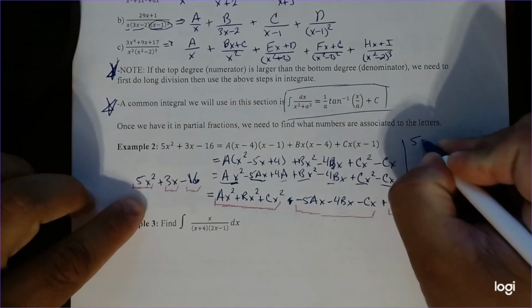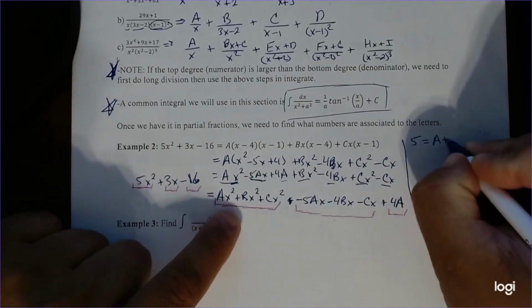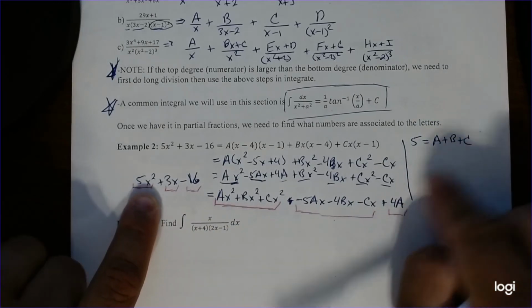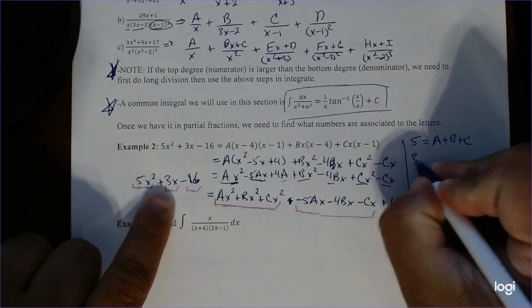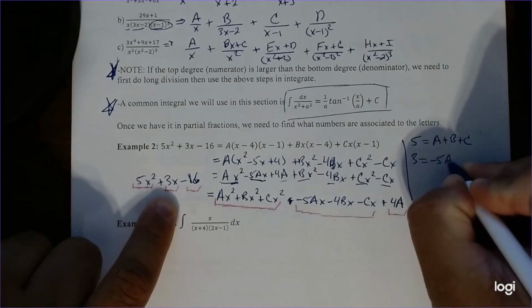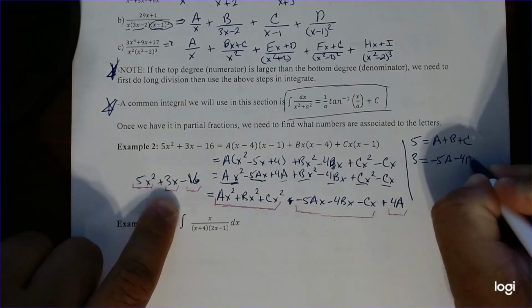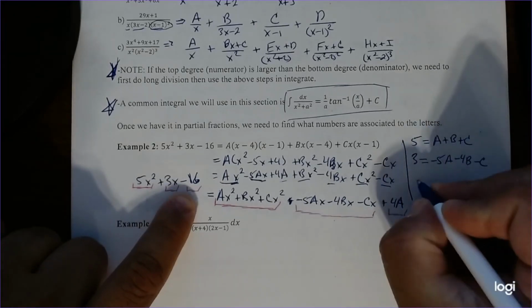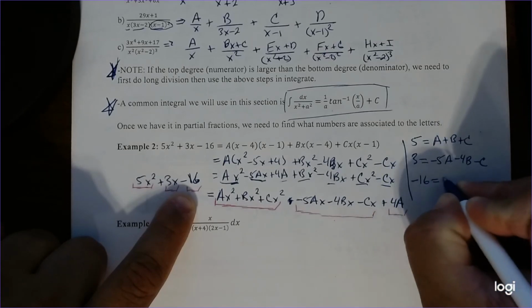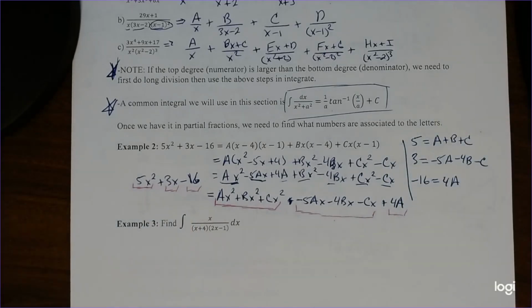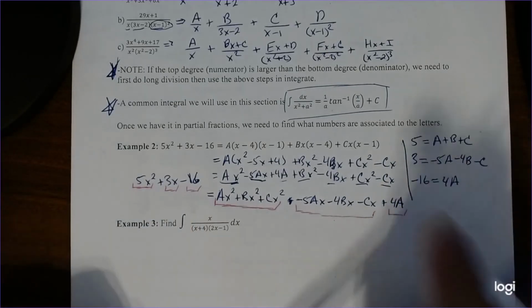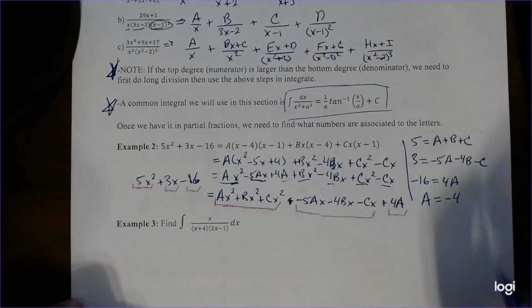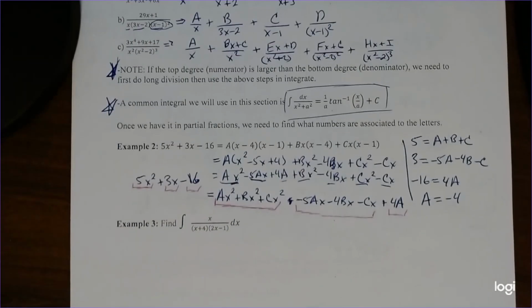We know 5 is equal to a plus b plus c, if we just get rid of the x squareds. We know 3 is equal to negative 5a minus 4b minus c, following that template. And we know that negative 16 equals 4a. And would you look at that? We can solve for a right off the bat. Just divide it over, so a has to equal negative 4. So good thing is, right,